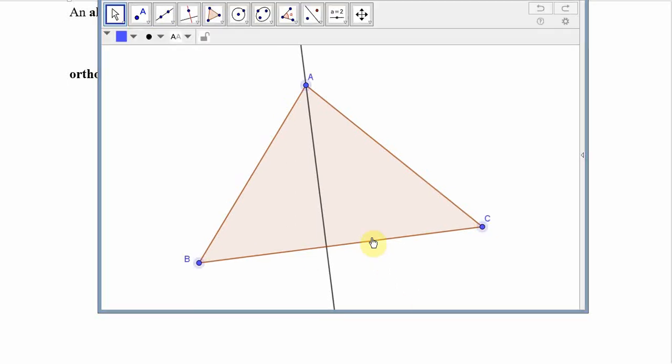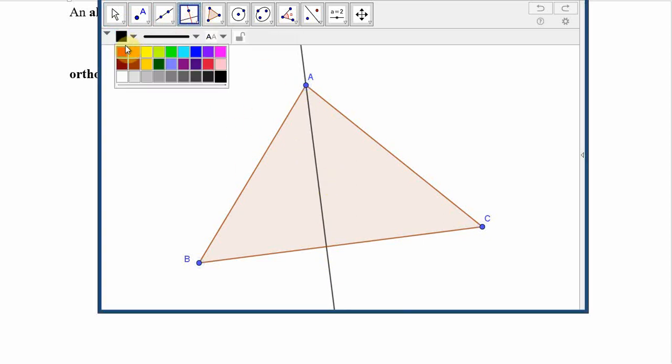So I've named the triangle ABC. This black line right here is perpendicular to line segment BC. So this is an altitude. If I repeat this process,